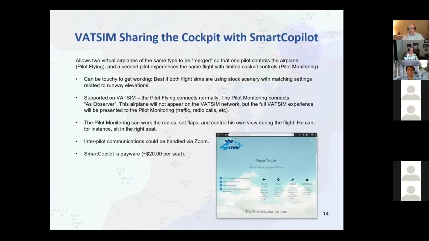So, and by the way, you can do this on VATSIM. I'll show you in a moment. There's a way to connect to VATSIM so that you don't cause any difficulties for them by having two virtual airplanes literally on top of each other. The difficult part is how do you talk to the other pilot in real time without keying the microphone. So you're both going to be hearing the radio comms from VATSIM, but you're not going to hear each other